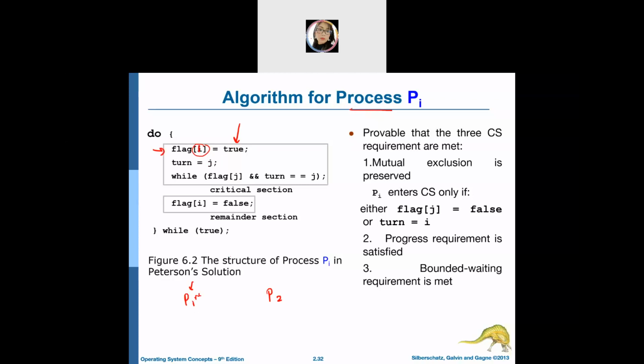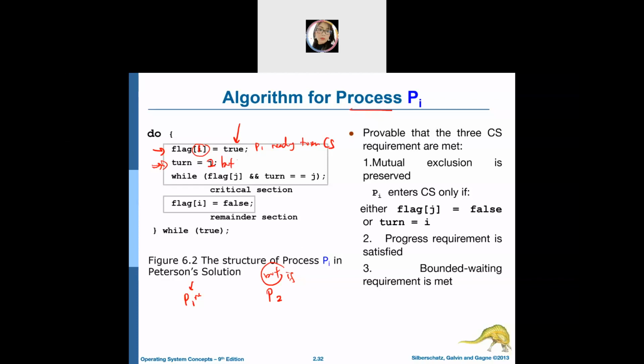For the second line, turn equal to j. You only have 2, right? So let's say here turn equal to 2. You can see for the first time it said, okay, P1 is ready to enter the CS. But then for the next line,